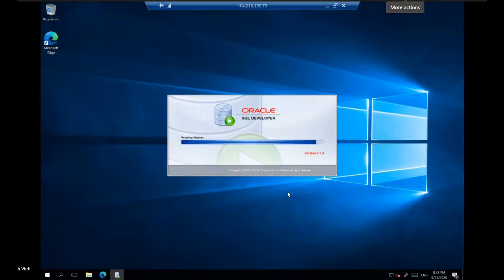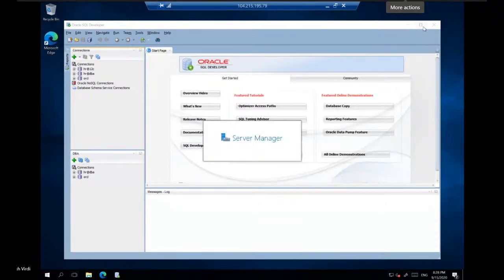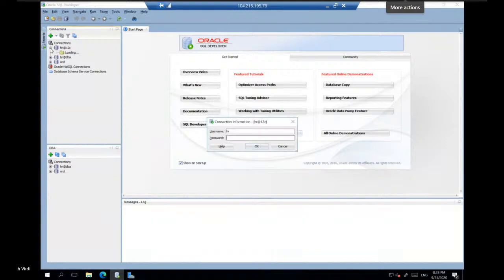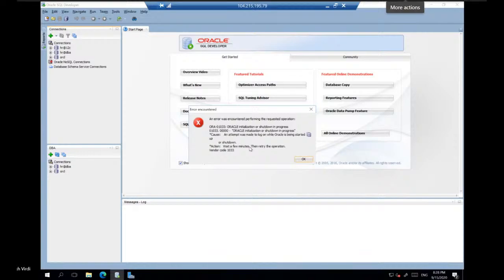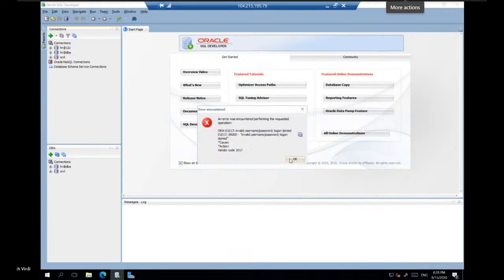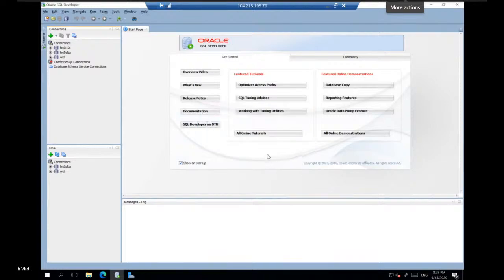Okay, so my SQL Developer is up, and I'm trying to migrate off my Oracle HR schema here. If you know Oracle, you know the HR schema, right? Okay, let's see if Oracle is up or not.